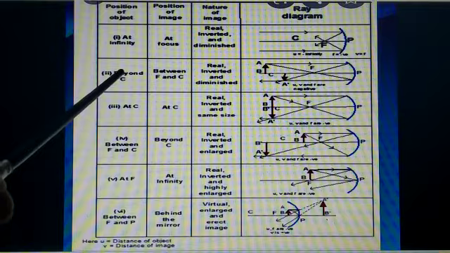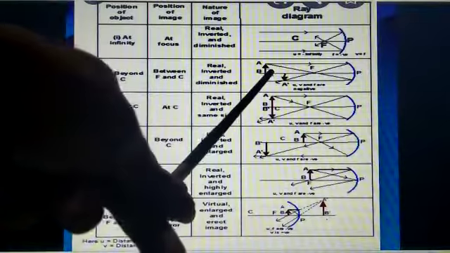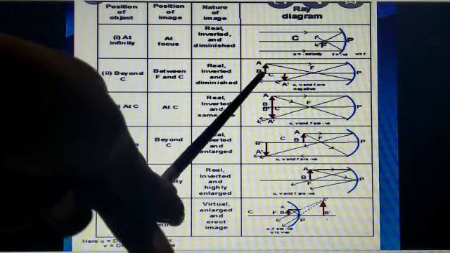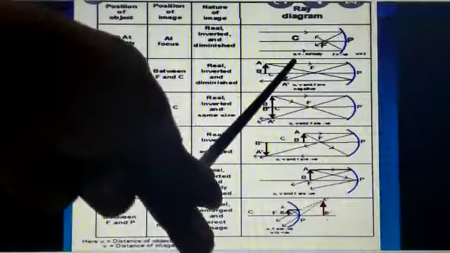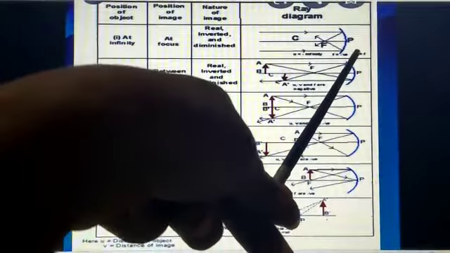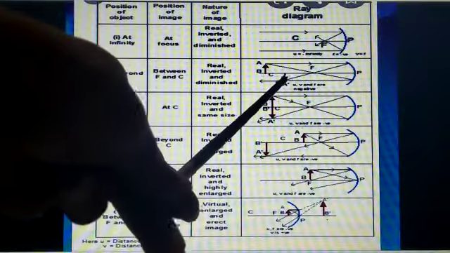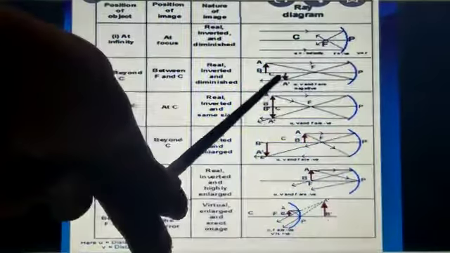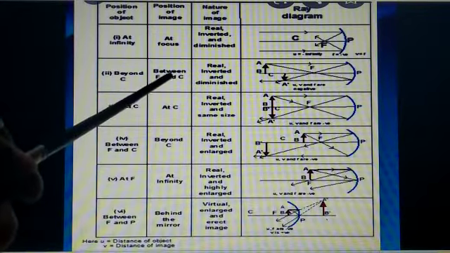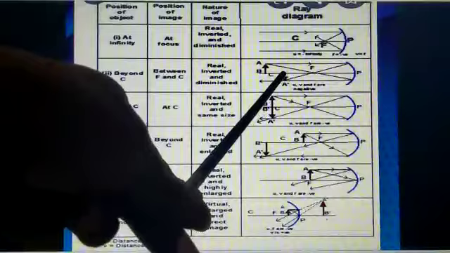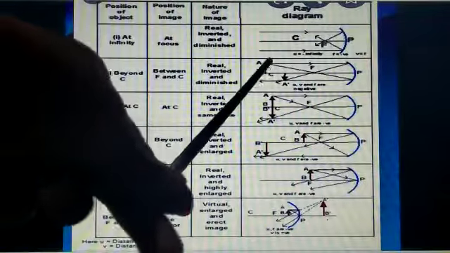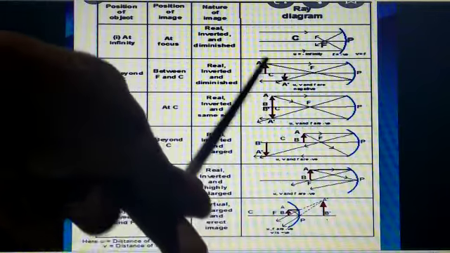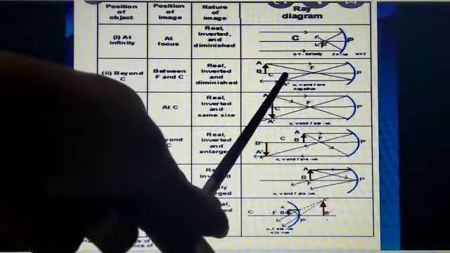And the second case, if you place the object beyond C, meaning beyond the center of curvature, here. This is the object AB. Two light rays we can consider: one is parallel and the second one passes through the focus. After reflection, these light rays will intersect between focus and C. So that is the position of the image, between F and C. It is also diminished in size, smaller compared with the object. And real, since actual rays are intersecting. Then inverted. Inverted means the head: here it is upright, and in the image the head will be downwards.